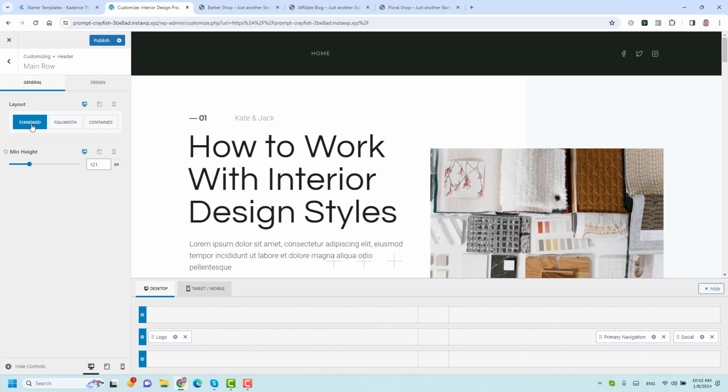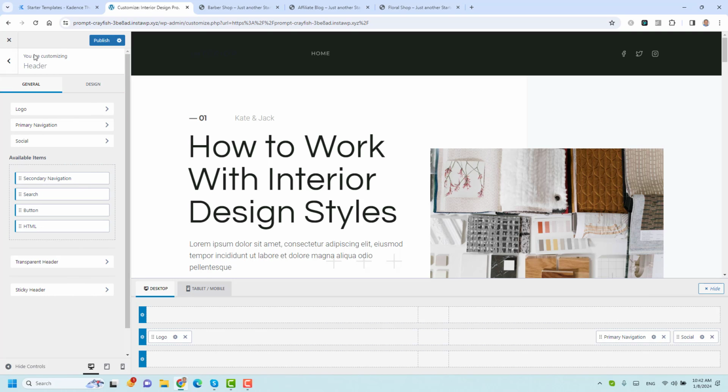Now, maybe you're asking yourself, but how am I going to change the background or the colors of the navigation? Just wait for a few seconds. I'm going to show you how you can do this. Now, the free version of Kadence itself comes with a few widgets that you can add. If you want to add something here, you can click here and you'll find we still have like 4 widgets here. If you go back to the main row,